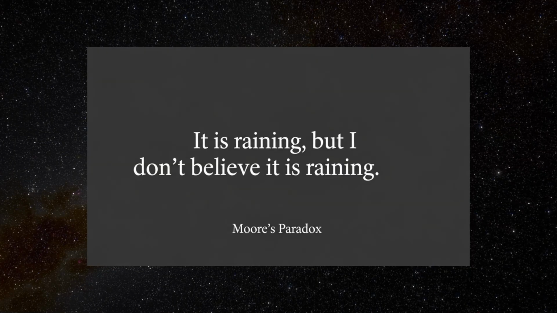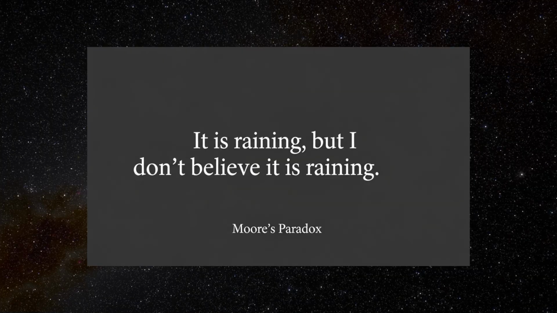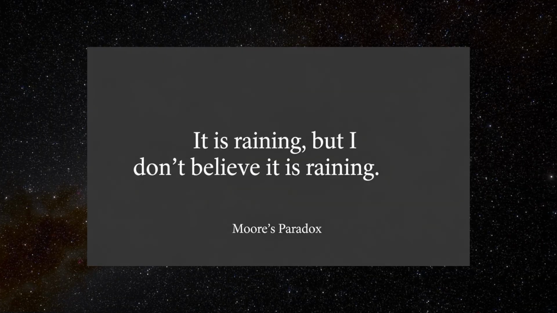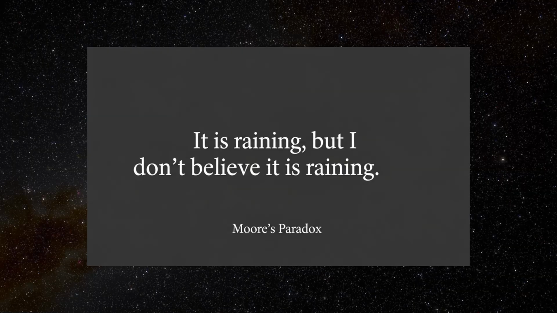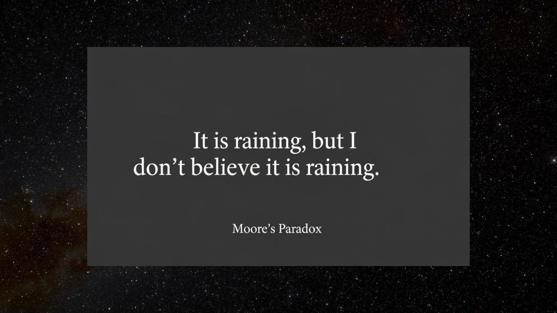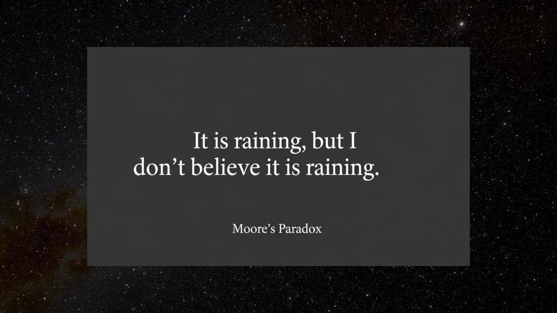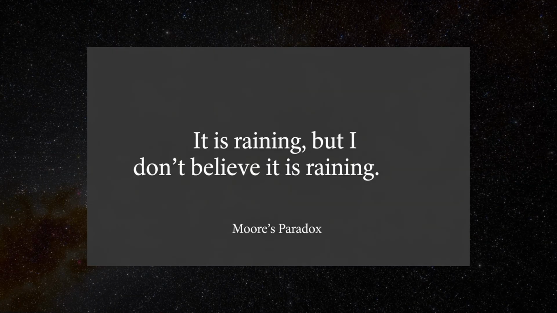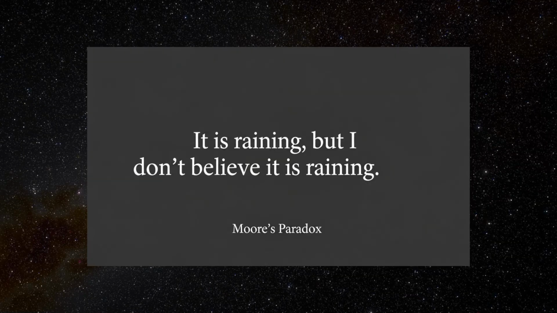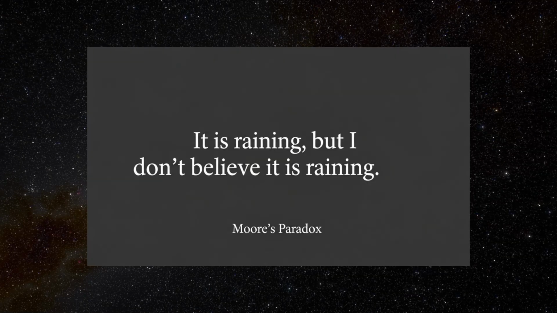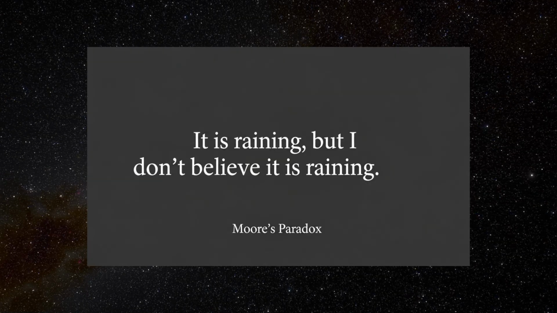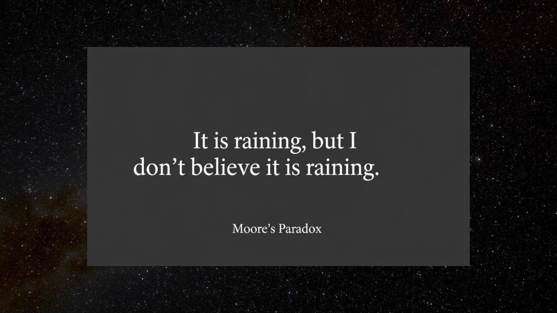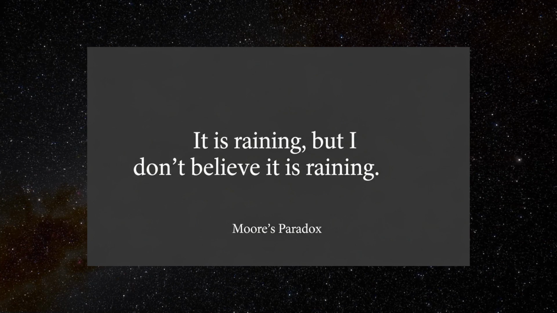On the face of it, there's nothing logically contradictory about this sentence. The two clauses, "It's raining" and "I don't believe that it's raining," can both be true at the same time. For instance, it could be raining, and a person might genuinely not believe it due to being indoors or having faulty weather information. There's no violation of formal logic here.